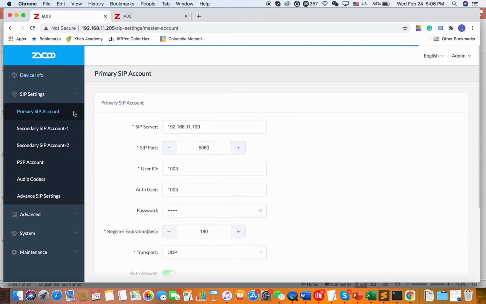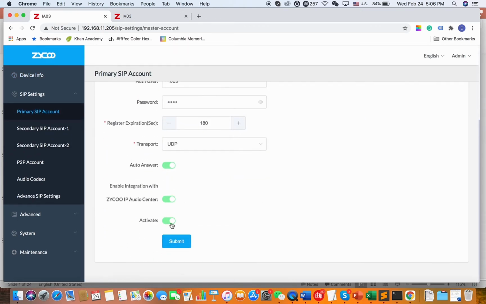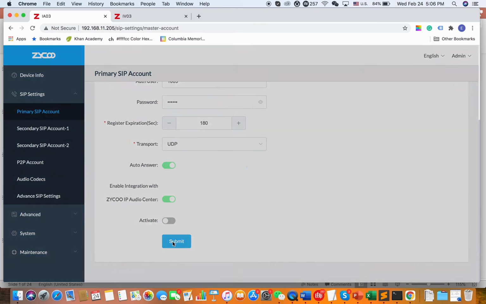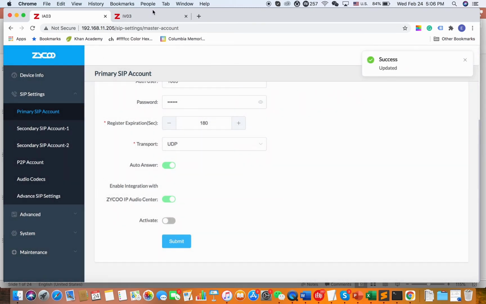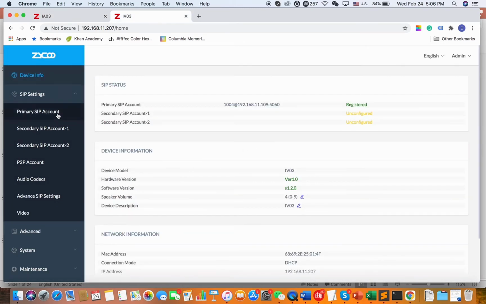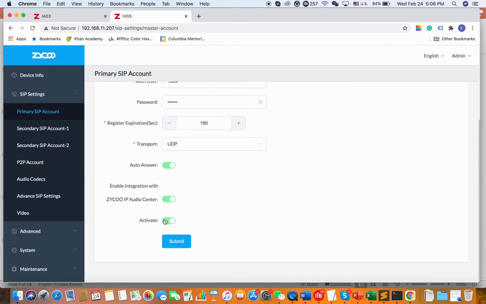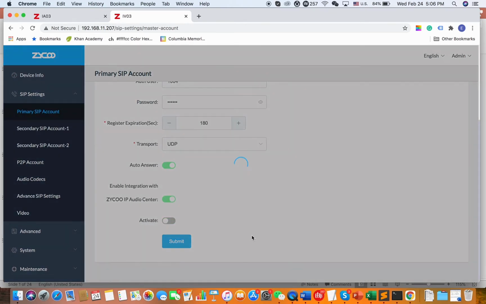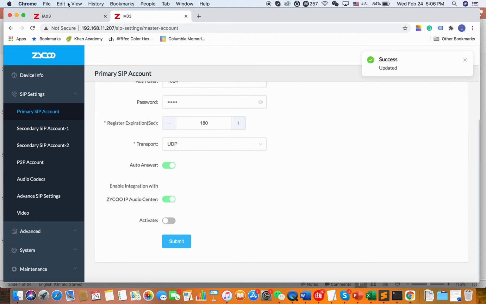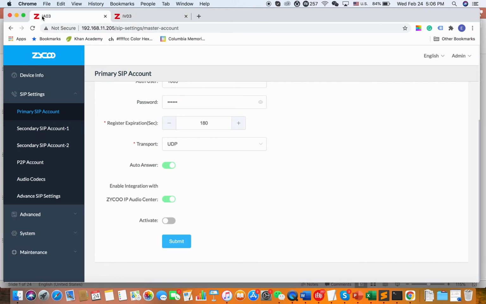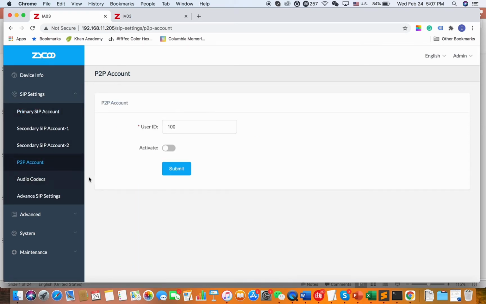First of all, we can see that the primary SIP account is registered. Let's deactivate the account at this moment. Click on submit. We need to do the same thing for the IB03. Submit, okay, and let's go back to IA03. Right under SIP settings, there is a P2P account. Click on P2P accounts and